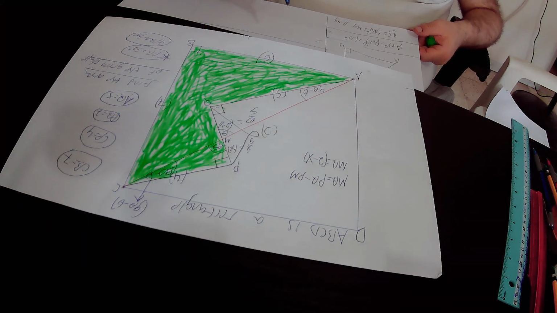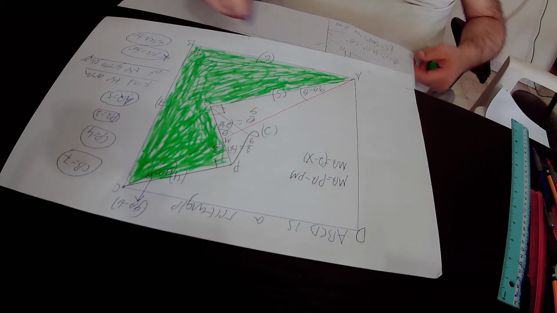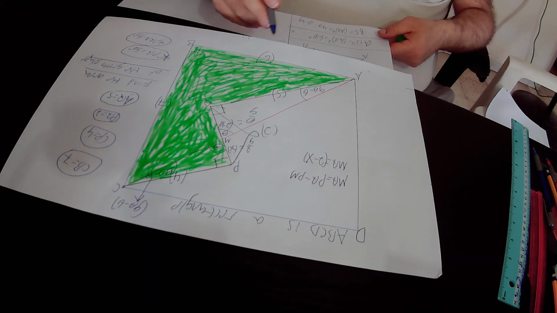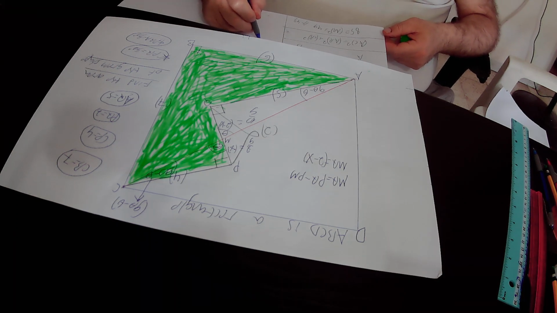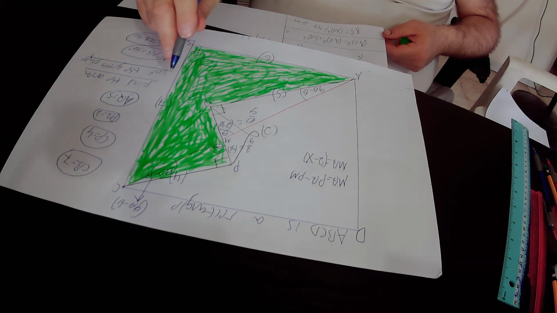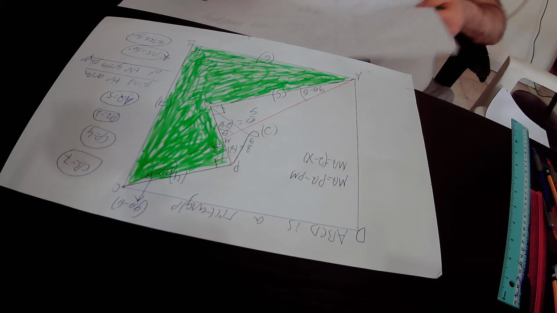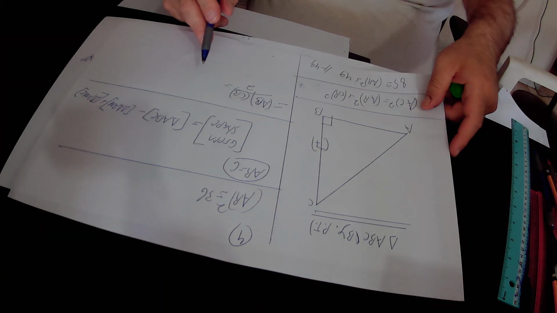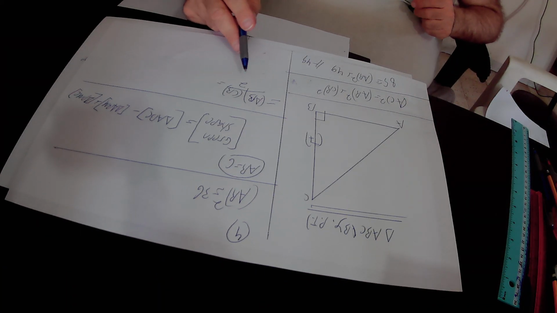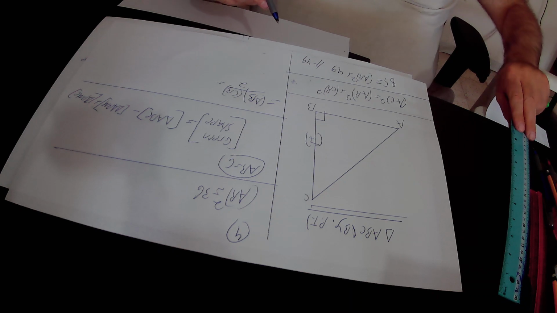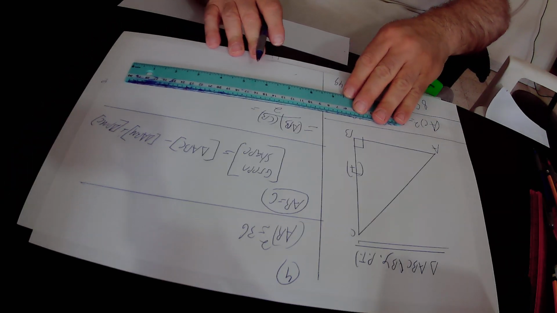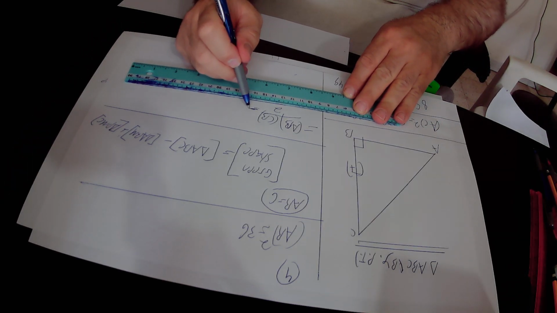What is the area of the big right triangle ABC? The area of the big right triangle ABC equals the base of the triangle that is AB times the height that is CB over 2. Repeat again, the area of the big right triangle ABC equals the base that is AB times the height that is CB over 2. Minus